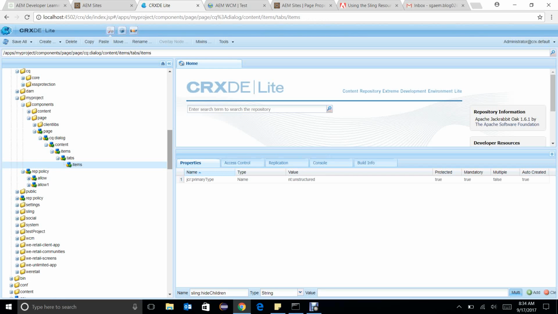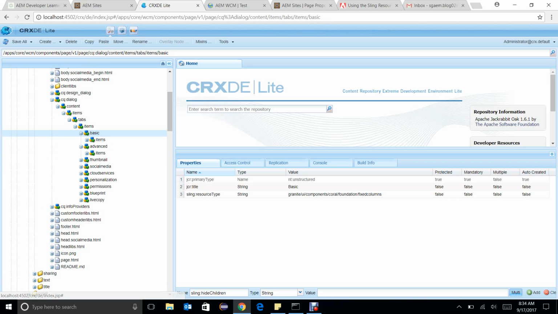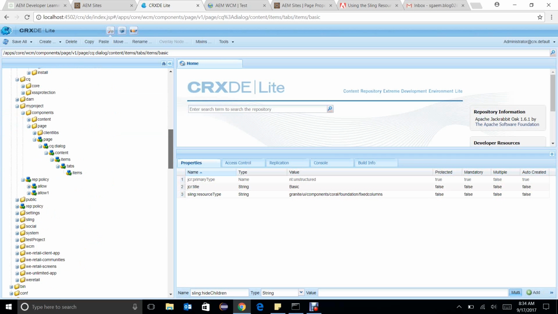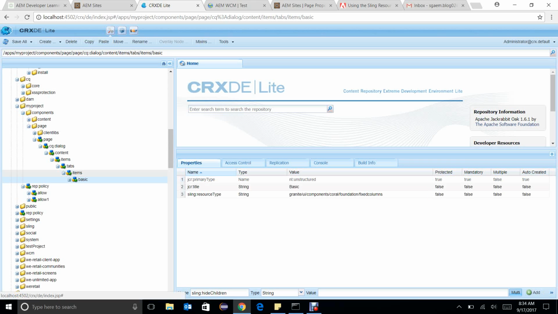Okay, so again I will copy the basic tab because I will demonstrate everything here. So I will copy only the basic thing. So here the merging depends on the node name. If node name is same, it will merge the resource and the hierarchy plus node name. So this is my tab.